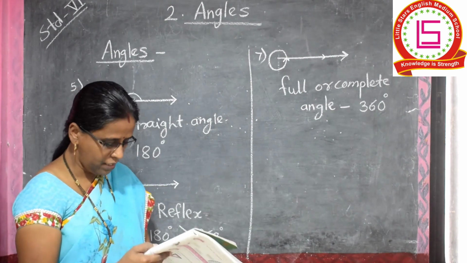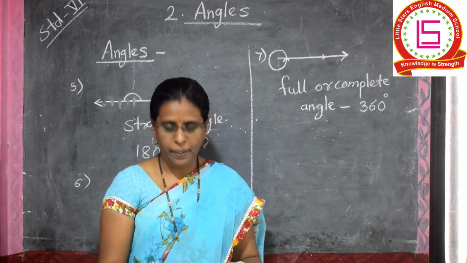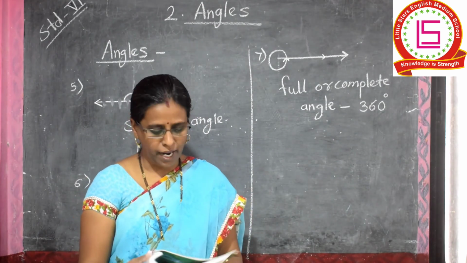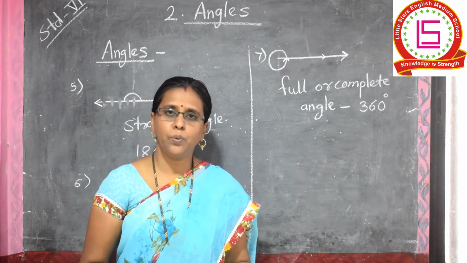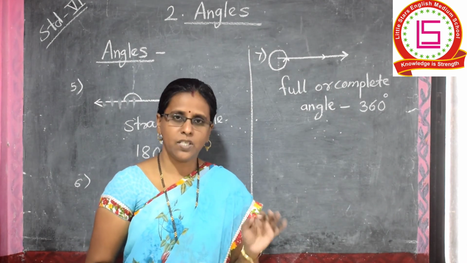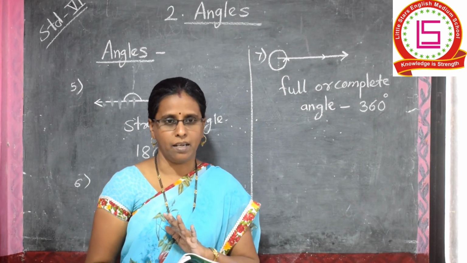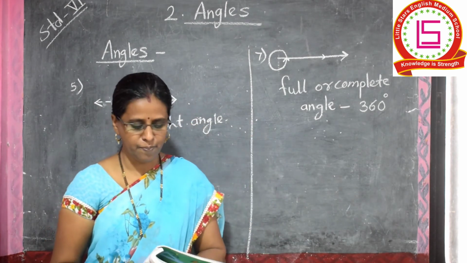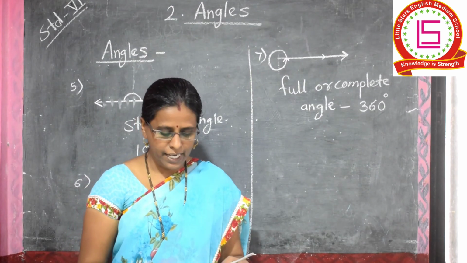Then turn the page, see page number 8, practice set 2. See here, the first question is match the following. Okay. You have to write the measures and types of angles, measures of the angles with the types of angles. You learn this and after that you complete this matching. Okay. Then see the next question.